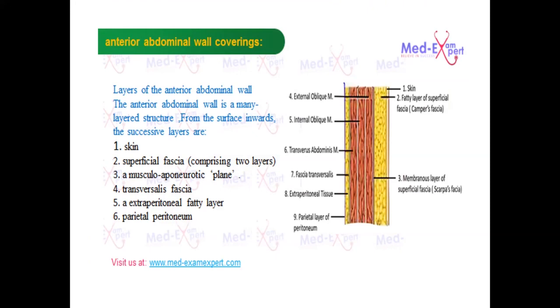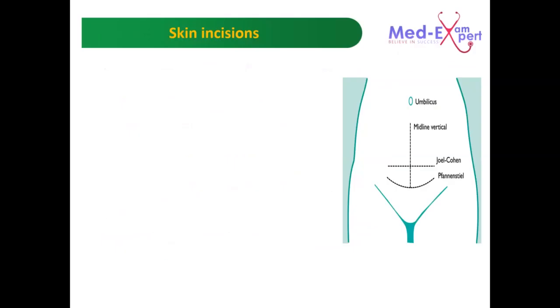First I'll talk quickly about the layers of the anterior abdominal wall, which are arranged from outside to inside. First, the skin, then the superficial fascia, then the musculoaponeurotic plane, or the muscles and the aponeurosis, or the muscular layer, then the transversalis fascia, the extraperitoneal fatty layer, and the parietal peritoneum. First, we'd like to talk about the skin. It has some important issues that are related to our exam, as I said, and these are